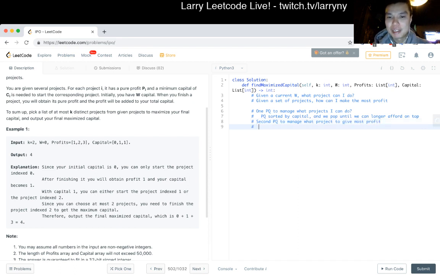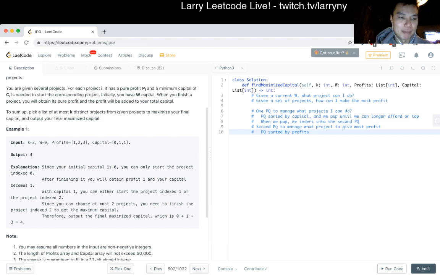And this priority queue will be sorted by profits. In this case, when we pop, we insert into the second priority queue. Okay, and the second priority queue will be sorted by profits.